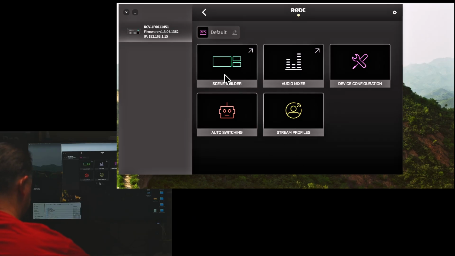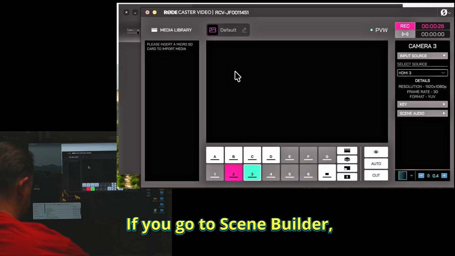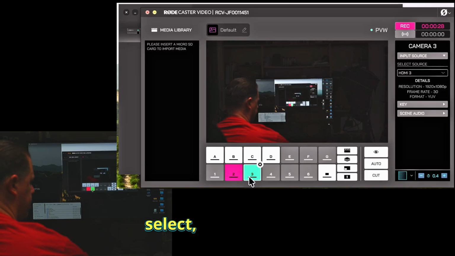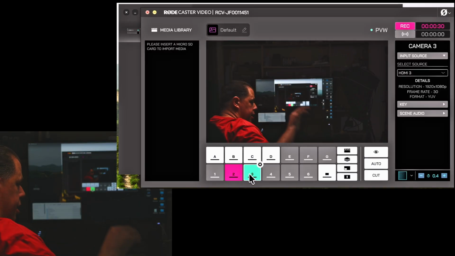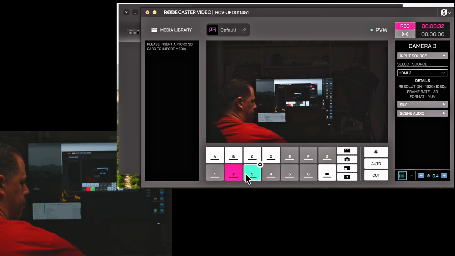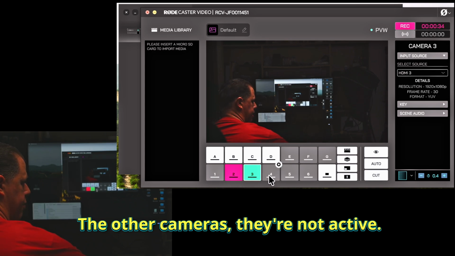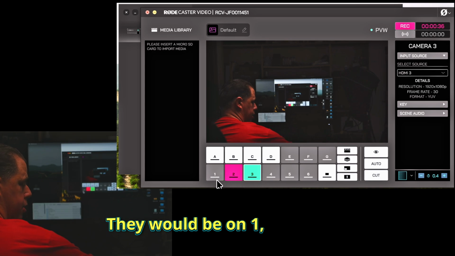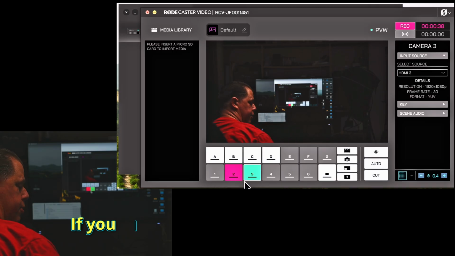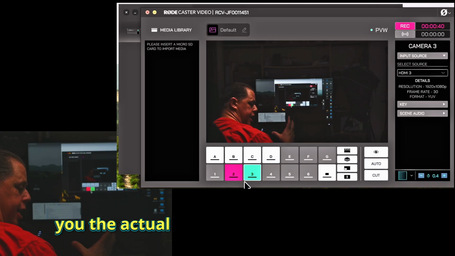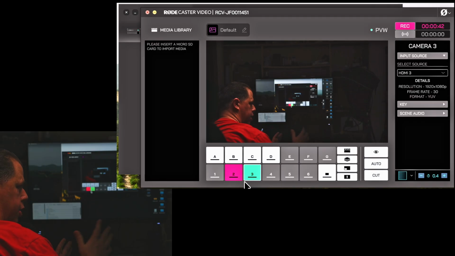So in the RodeCaster video software, you have this screen. If you go to Scene Builder, you can then select, like here I am. This is my only active camera right now. The other cameras, they're not active. They would be on 1, 2, 3, and 4. If you saw the other video where I show you the actual RodeCaster video hardware, you can see that the